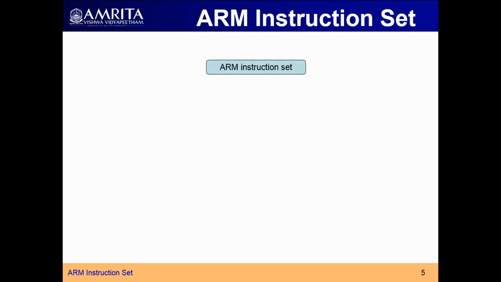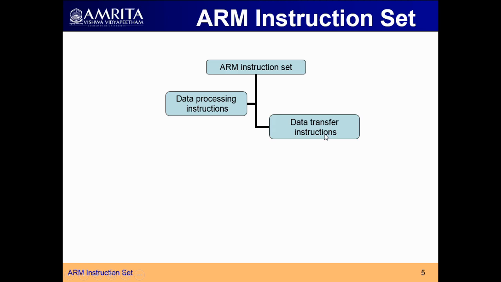Next, we will see the different types of ARM instructions. In the ARM instruction set, there are certain classifications. First one is known as data processing instructions, which deal with the processing of data such as arithmetic or logical instructions, except the multiply instruction. Next one is the data transfer instruction. This deals with loading as well as storing of data to and from the memory and the register. When you want to load data from memory to register, you will use a data transfer instruction. Similarly, if you want to store from register to memory, again you will use data transfer instructions.